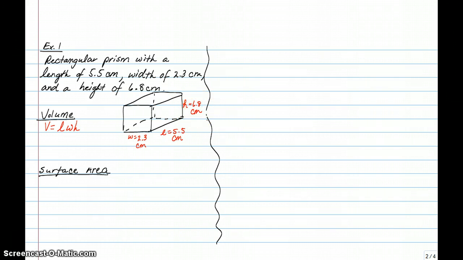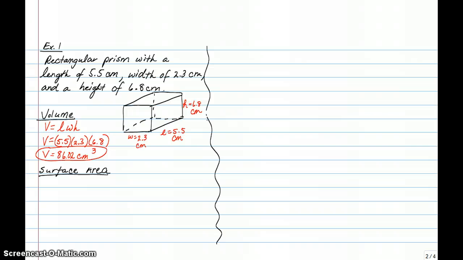Okay, so you're going to go ahead and substitute in. You're trying to find volume. Length is 5.5, width is 2.3, height is 6.8. Plug that into your calculator. Volume measure is what goes inside, so it's the number of cubic centimeters inside of this, like if you were putting water in an aquarium or cereal in a box, anything that would fill up this box. So it's going to be centimeters cubed. So the volume of this particular rectangular prism equals